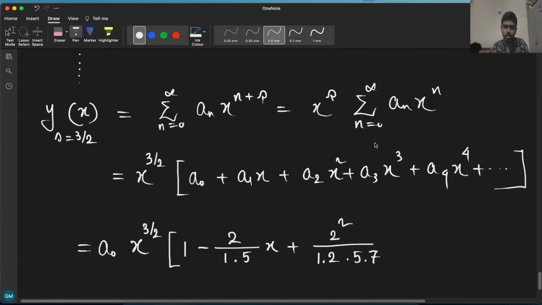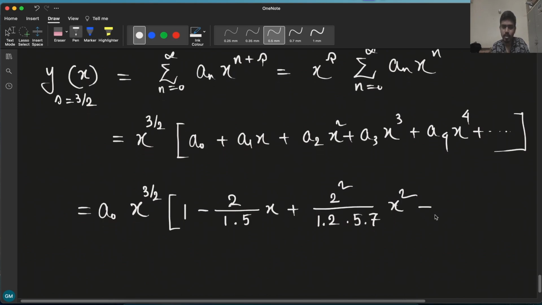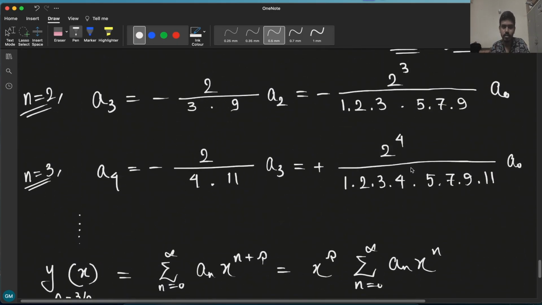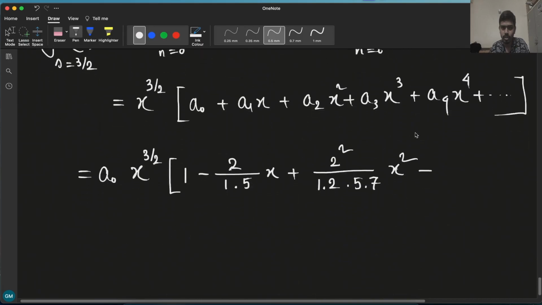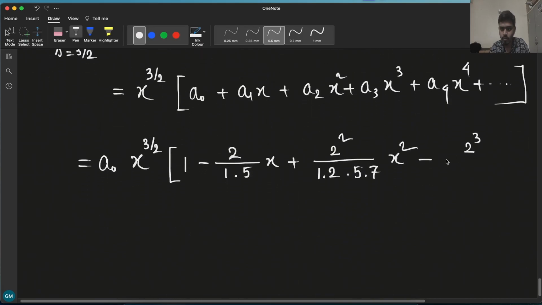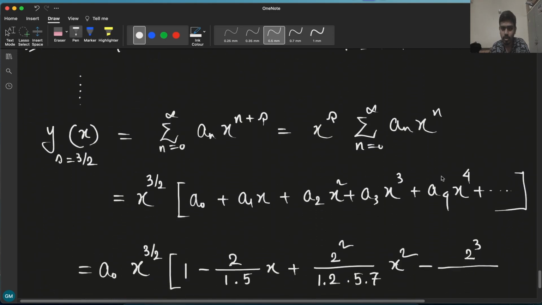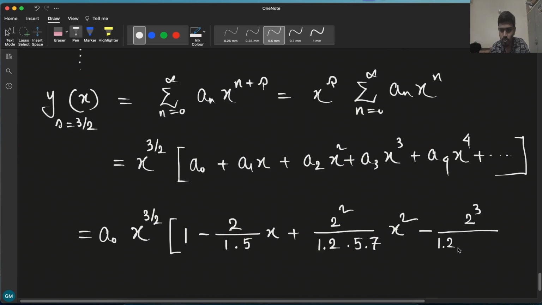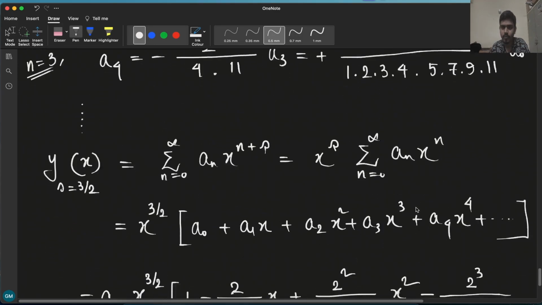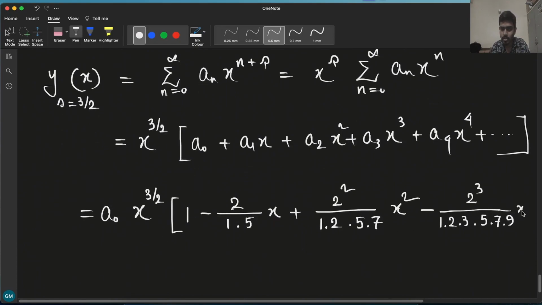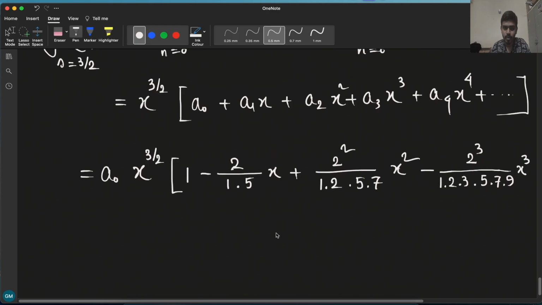And a0 I put already outside, so then it will be x square, okay, minus a3 x cube. So what is a3? a3 is this, so 2 cube, so there is a minus sign, then 2 cube divided by 1 times 2 times 3, okay, so 1 times 2 times 3 times 5 times 7 times 9, okay, 5 times 7 times 9, and a0 I already put outside, so it will be x cube, okay, then plus